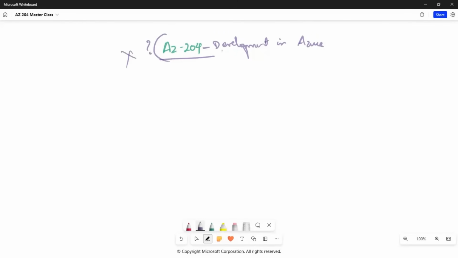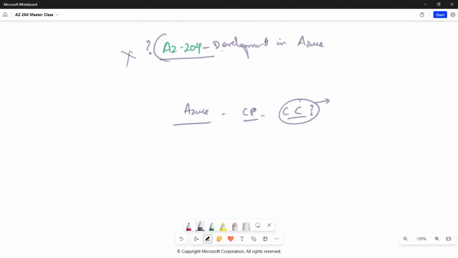So basically, what is Azure? Azure is a cloud provider, right? So what is actually a cloud provider? What is actually cloud computing? Does anyone know about it? You can answer over the chat. So cloud computing is an ideology where they try to ease the work of administrators.